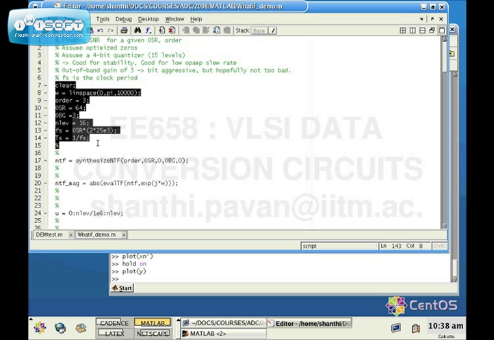Okay. So I'm trying to design a third order modulator with an oversampling ratio of 64, an out of band gain of 3, a 16 level quantizer, and a signal bandwidth of 25 kilohertz. So the sampling frequency is nothing but the oversampling ratio times twice the signal bandwidth. And Ts is 1 over Fs. This is the sampling period of the modulator. So the next job is to